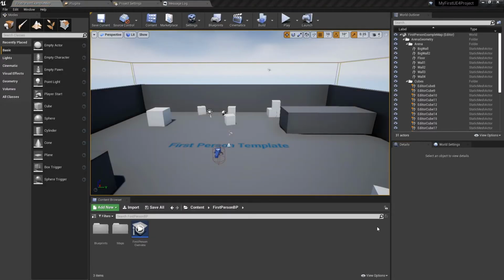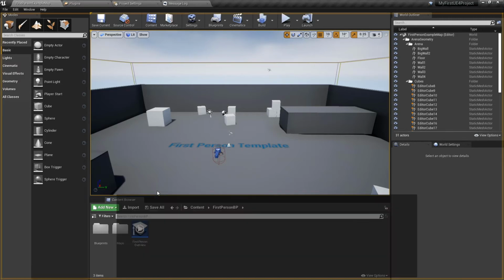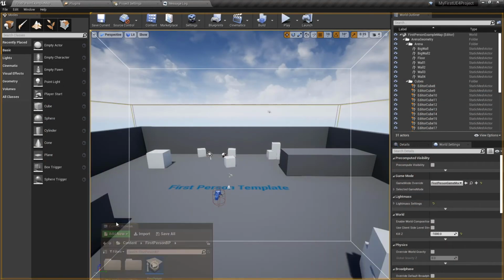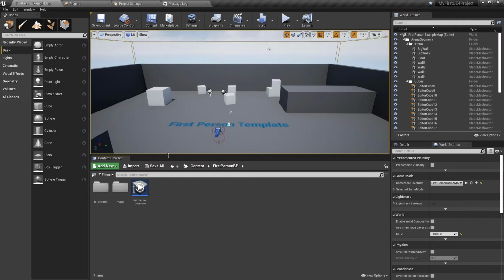And here we are. Depending on the speed of your system and if you've launched the Unreal Engine before, your interface may or may not look exactly like this. The great thing is that the interface is extremely customizable. So you can grab any of these tabs and move it around to make the interface however you'd like. In this case, I'm going to keep that docked right in there.